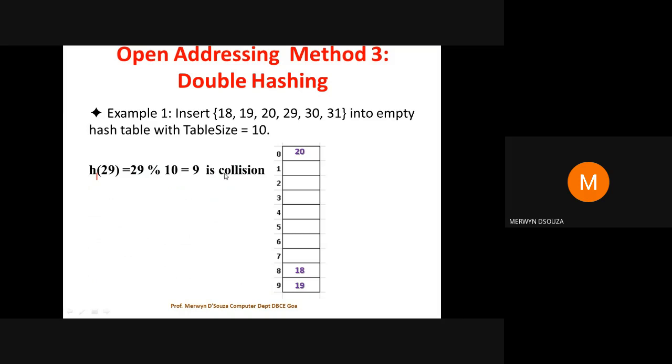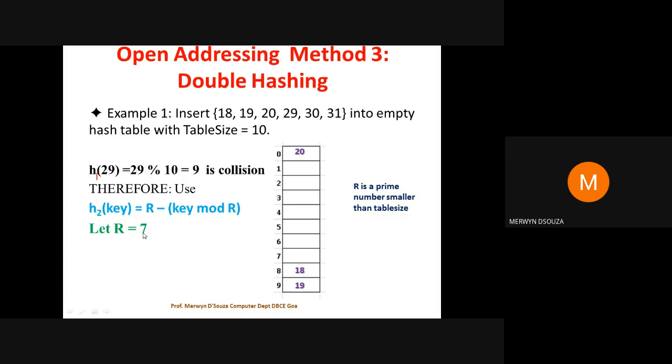So now there is a collision, therefore use H2. You find one R value, which is a prime number smaller than the size of the table. Size of the table is 10. So let me say R value is 7, which is a prime number. Now I will use R as 7 and apply the H2 function.